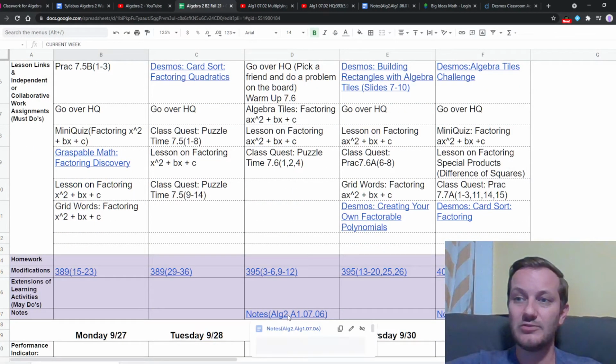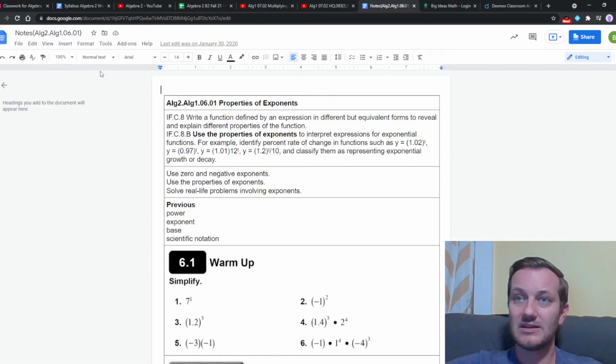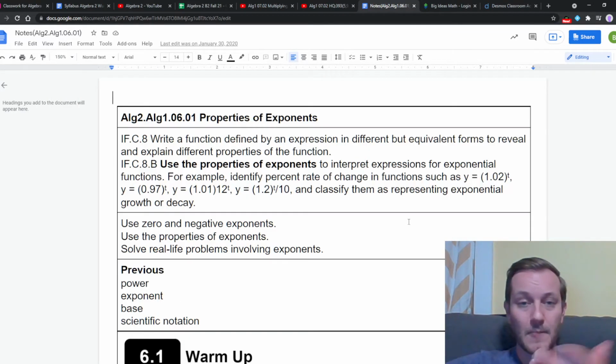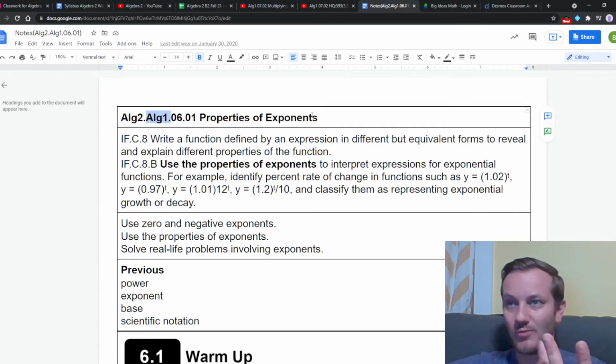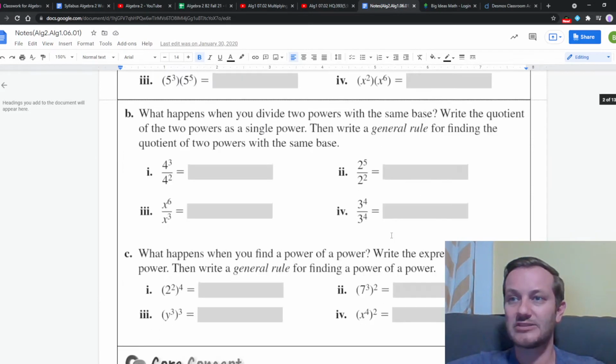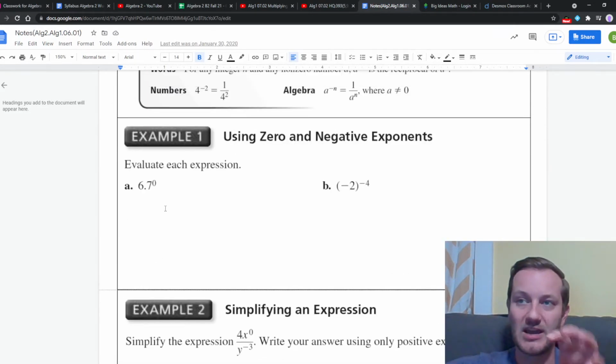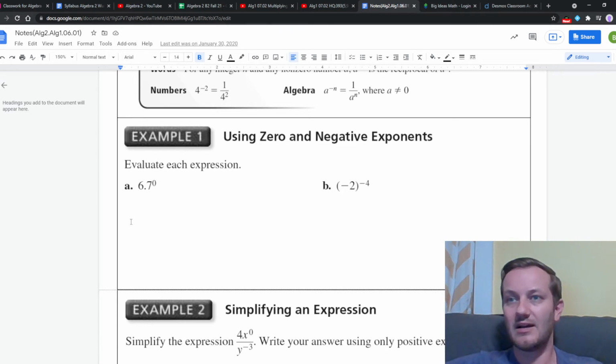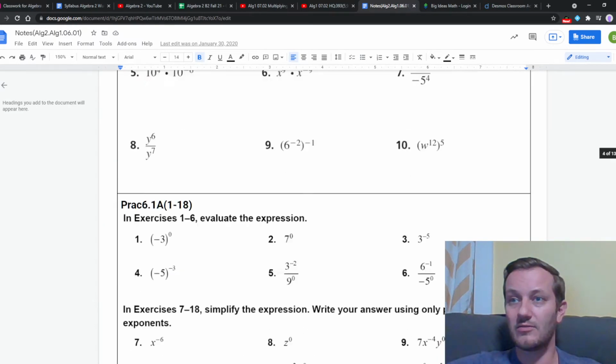And you can even find links to the notes right here. And just so you're aware, here's a sample of what the notes might look like, which I've already printed out. My naming convention, I realize, is a little bit crazy, but Algebra 2 is the class we're in. This lesson is from the Algebra 1 textbook, Chapter 6, Section 1, and then the name. So there I've copy and pasted and screenshotted and cut things and created space where you can do your work and follow along.